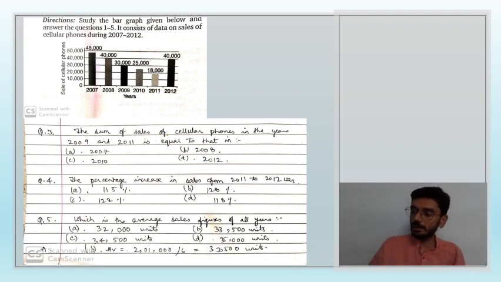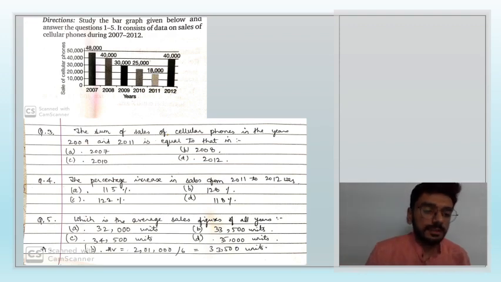Approximation is also a very important part of your syllabus, which will definitely come in your examination, and you need to be aware of it. So whenever you have to round off any figure which comes out to be more than 0.5, you round it off to the next number. But whenever the decimal is less than 0.5, then you round it to the preceding number. So 122.22 would be rounded to 122 and not 123.